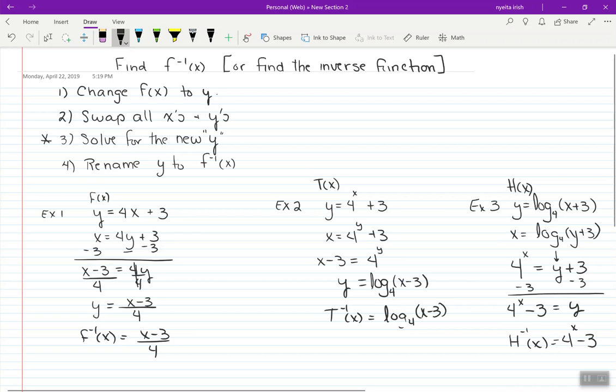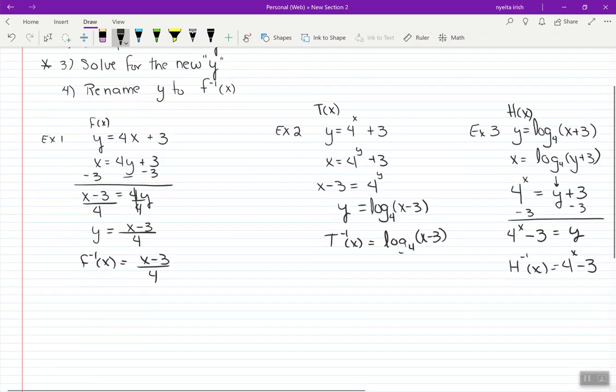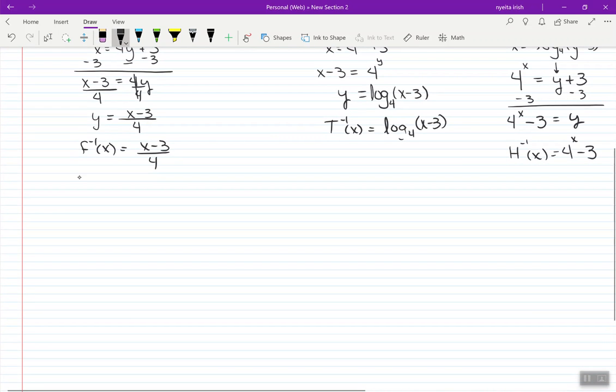All right, so the key is to, I think, do step 3, solve for the new y, and that's where you got to go back and do what undoes what's already been done. And that can be a little tricky. Let's try one more. If I'm given p of x equals the cube root of x plus 7, and I want to find p inverse, change p of x to